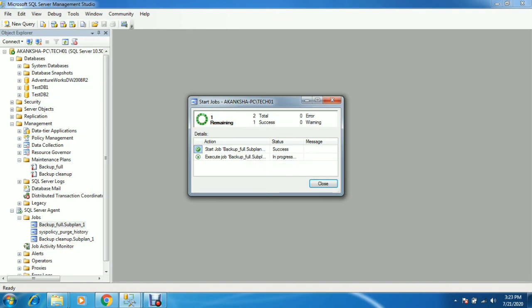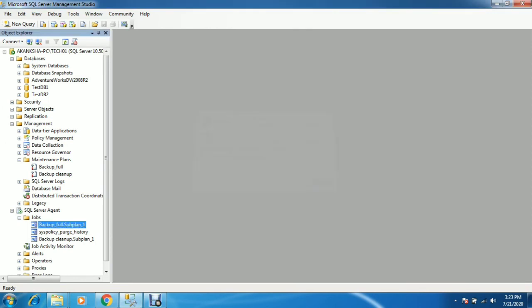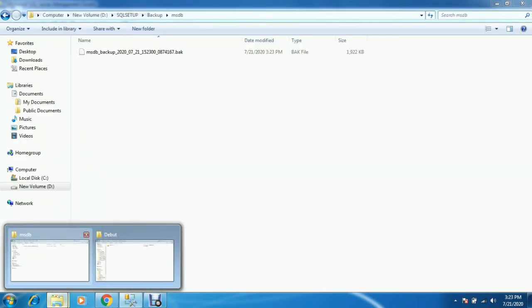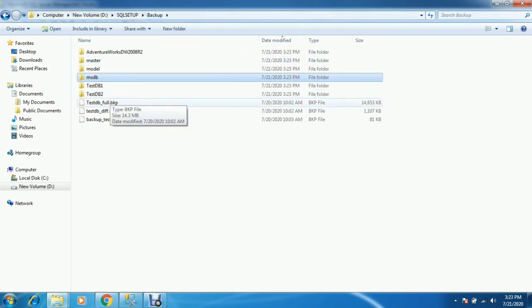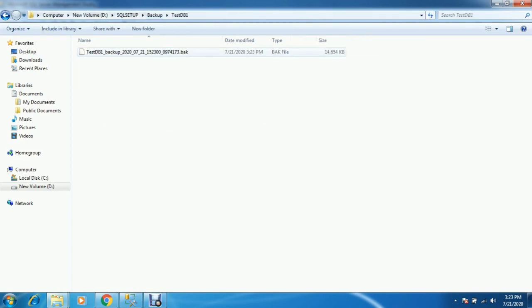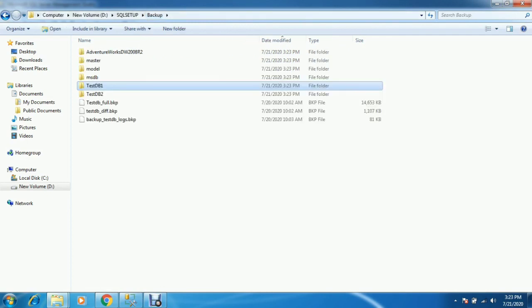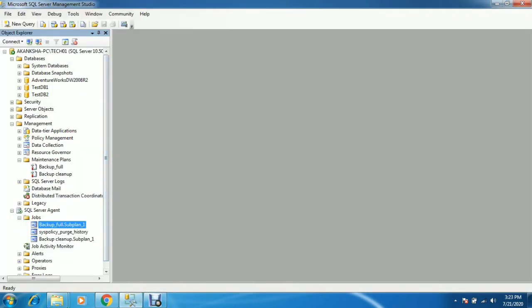I will show you the backup will be available again. Job completed. Let me verify the backup location. See, the backups are available now. Okay, so it's very helpful for any DBA.